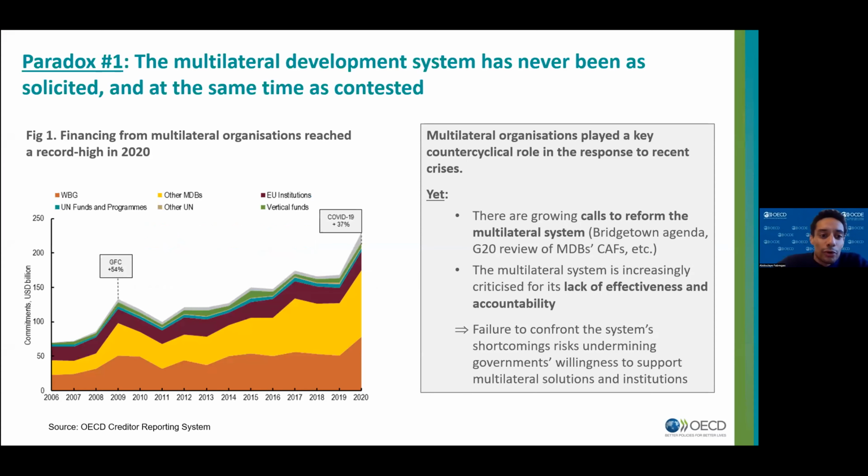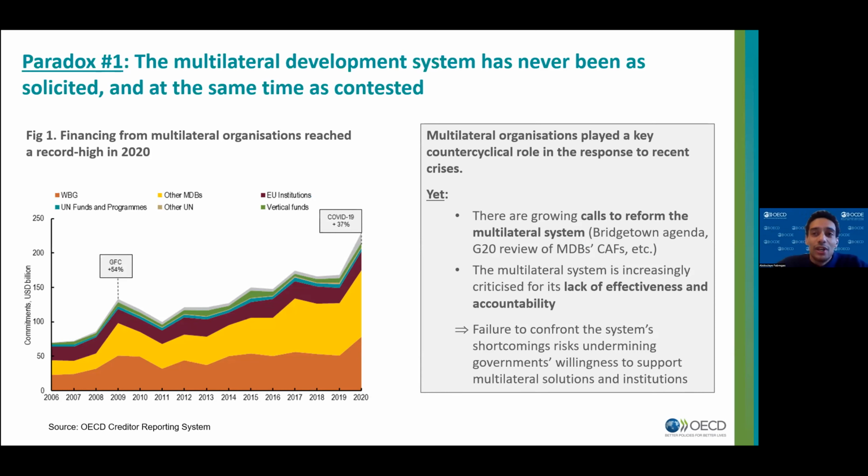And this year's report points out that the global context, marked by more frequent crises and geopolitical tensions like those that we've experienced in recent years, is putting the multilateral development system under pressure and creating what we framed for the presentation as 3 paradoxes. The first paradox is that the multilateral system has never been as solicited, but at the same time as contested